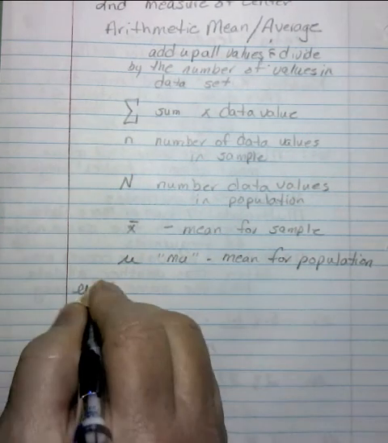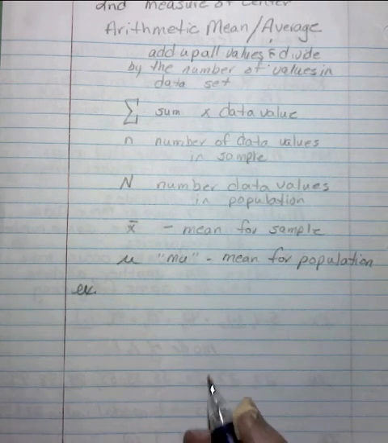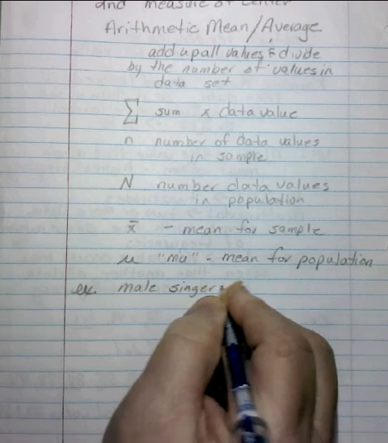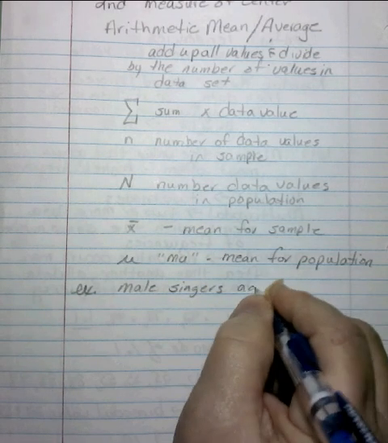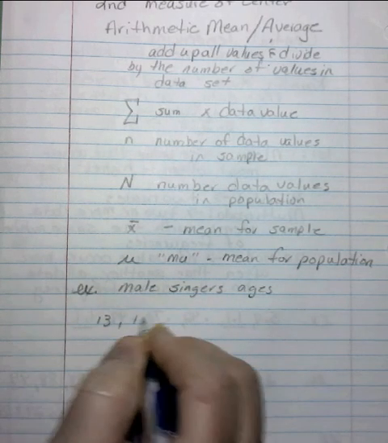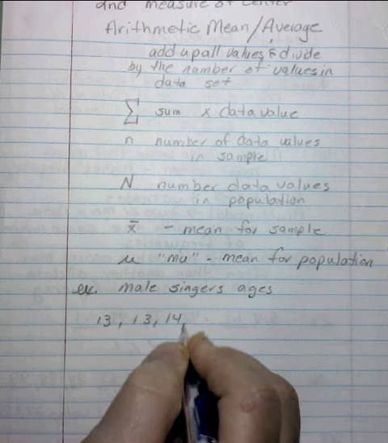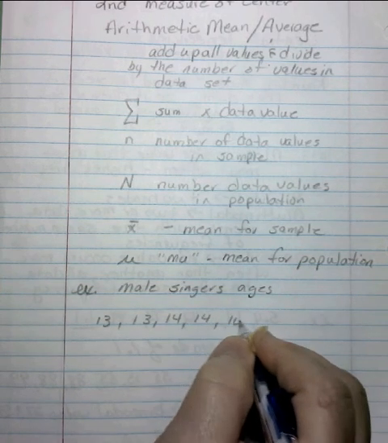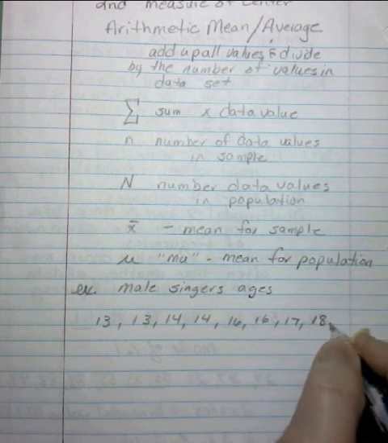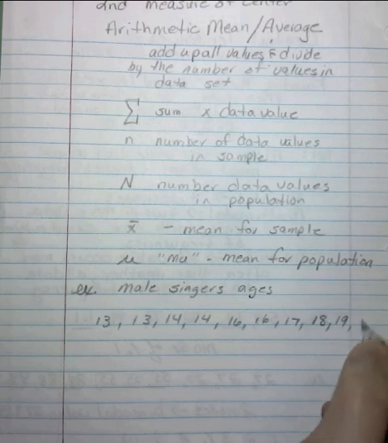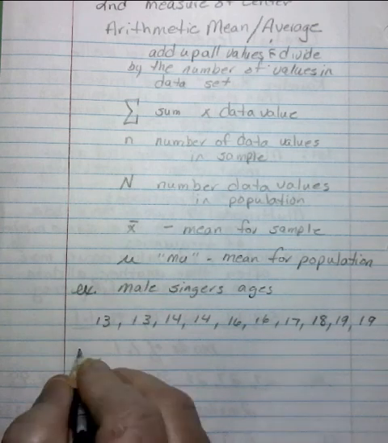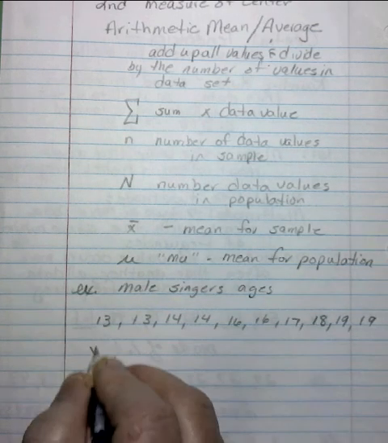So let's look at an example. We have male singers, and we have their ages. So we have 13, 13, 14, 14, 16, 16, 17, 18, 19, and 19. If we want to find the mean, what we're going to do with this sample is to